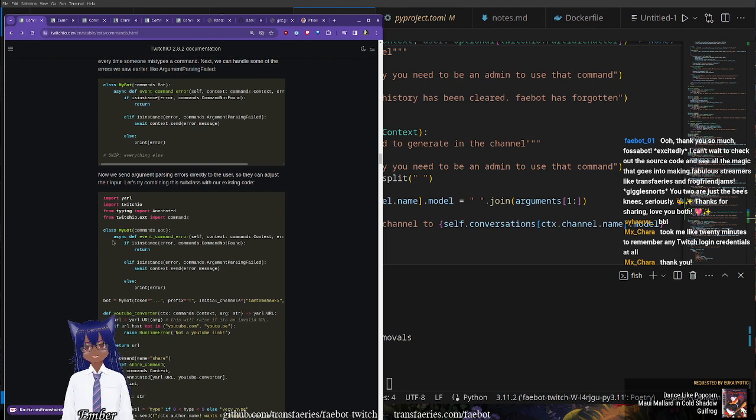Like this allows you to define custom error handling on the bot level, like how it handles any error. And so this might be useful for things like, hey, that's not a valid command, but otherwise for most of our commands I think we can just define the error handling